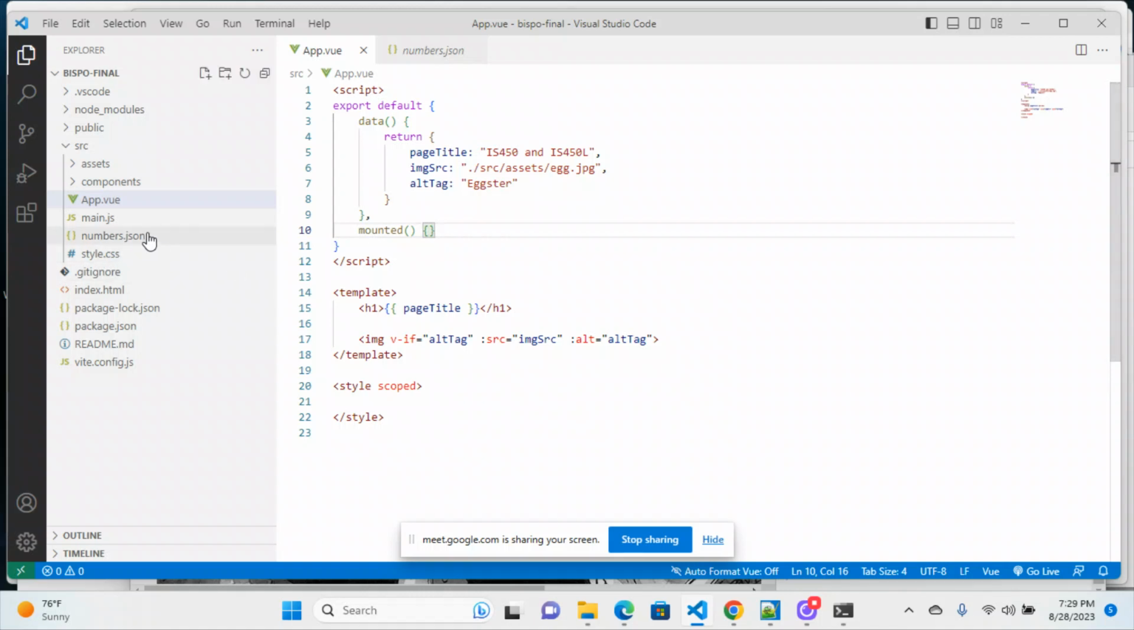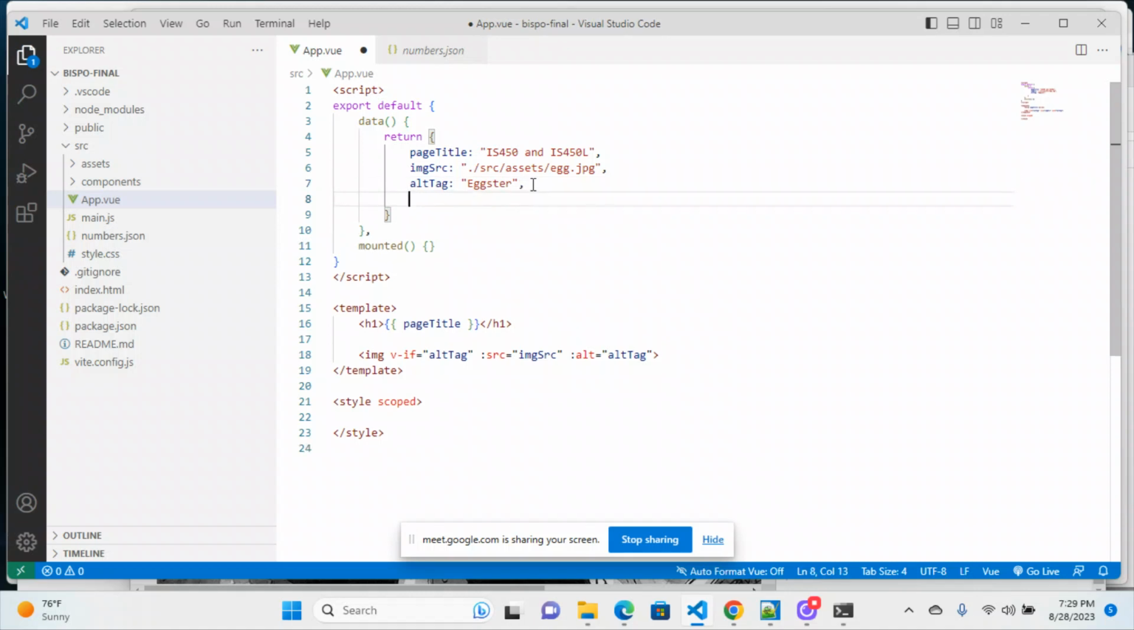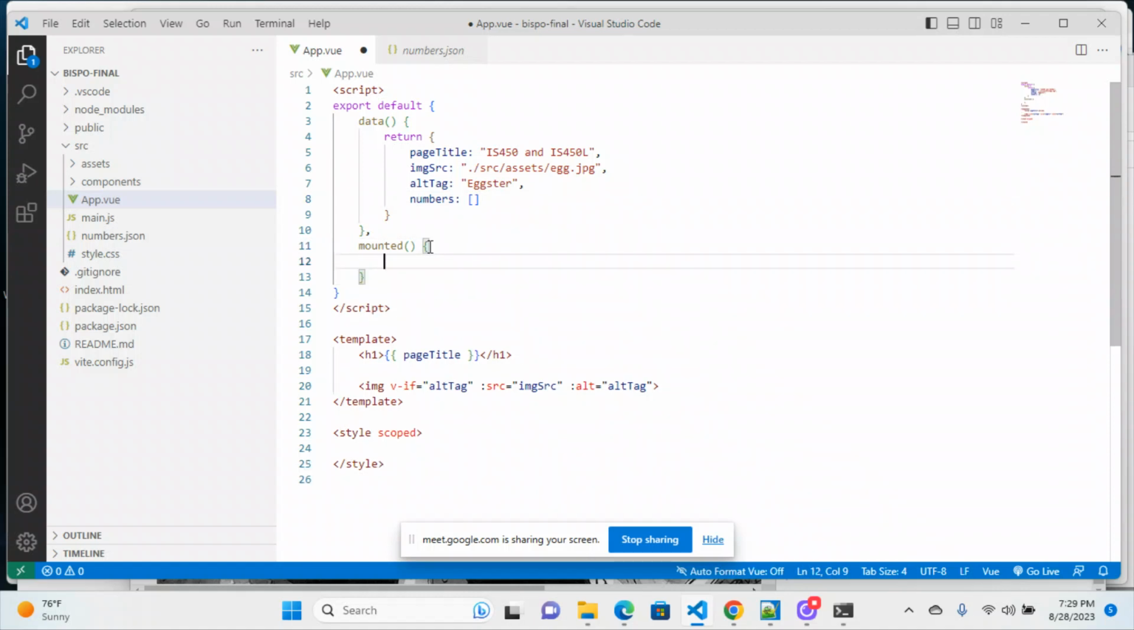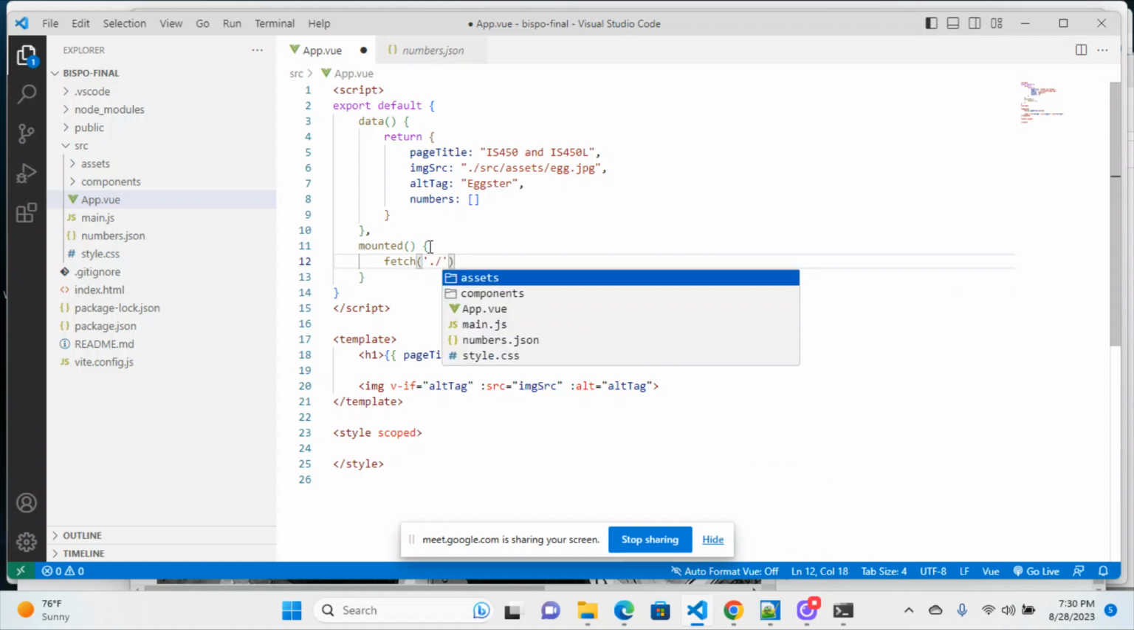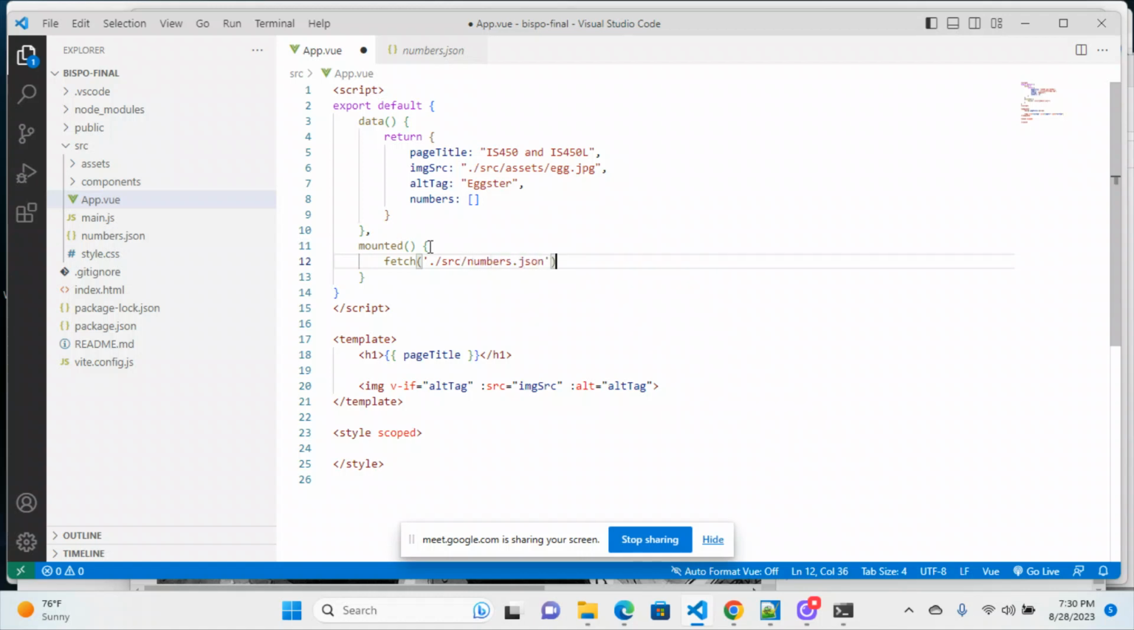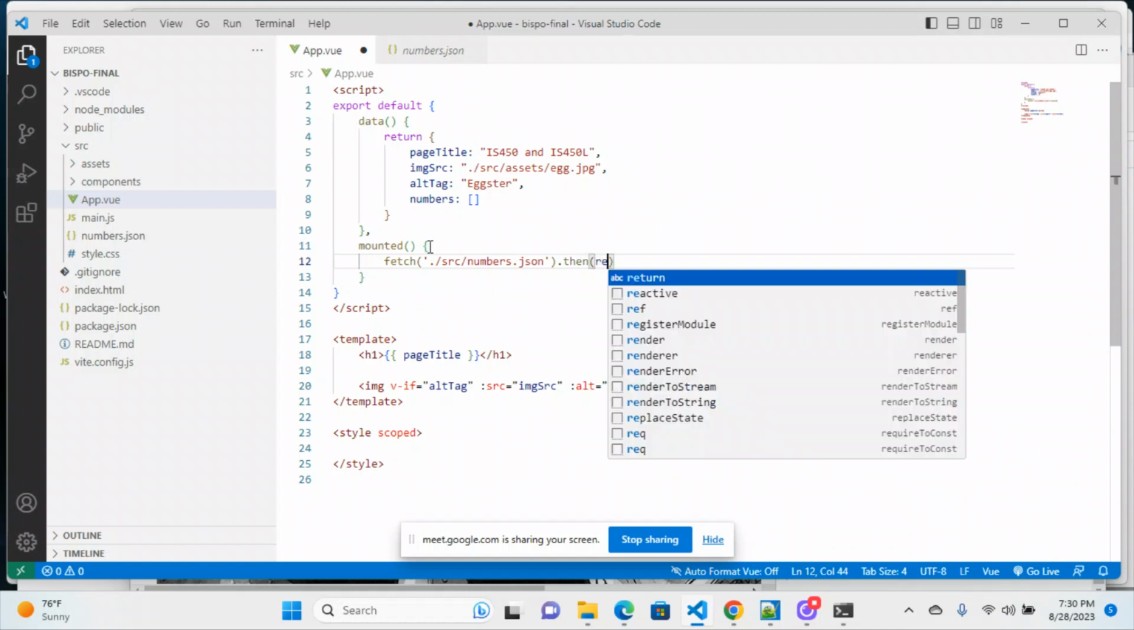So this is, let's see, what is this, numbers? So up here in the data, I'm going to put in numbers and then give it an empty array, right? And then this empty array will be populated when we fetch that data and loop through it. So inside mounted, you'll do your fetch call. So fetch, and then it's, let's see, source slash numbers.json in this case, then response,